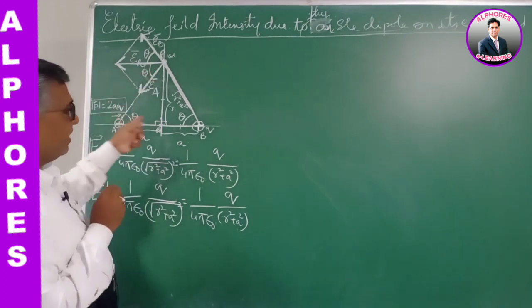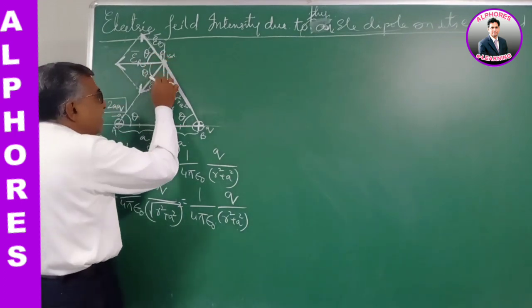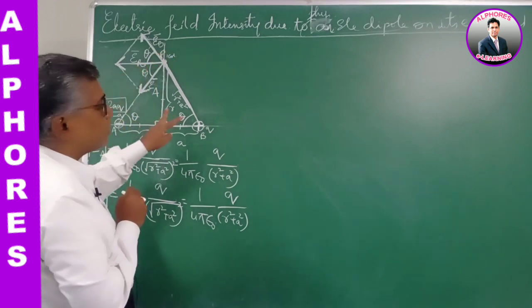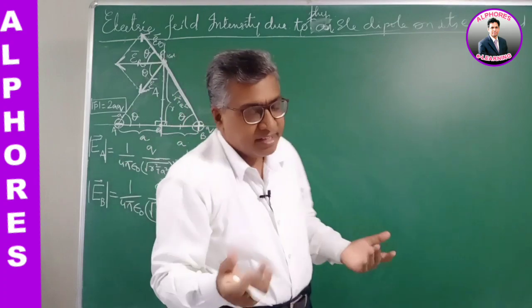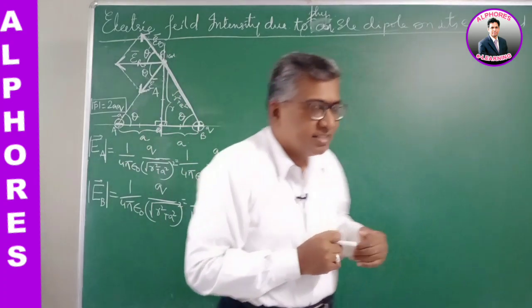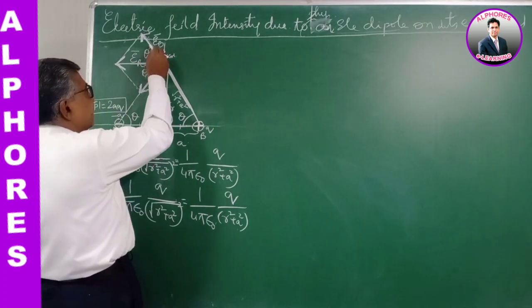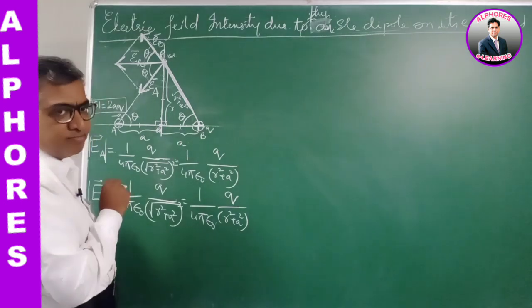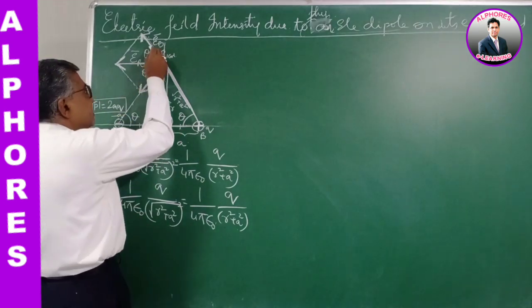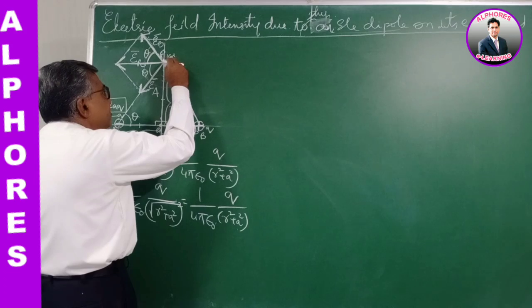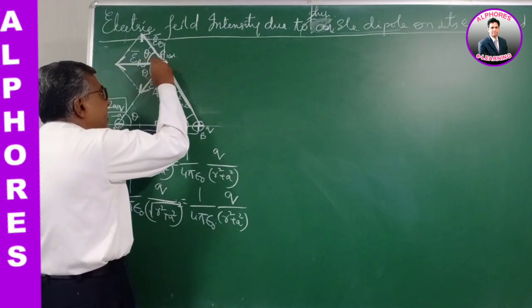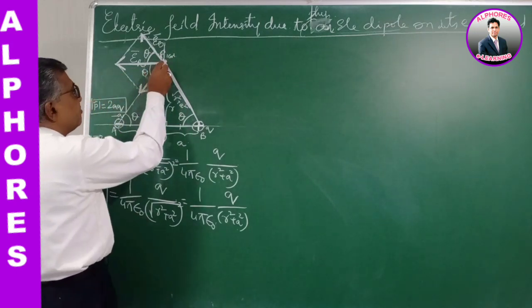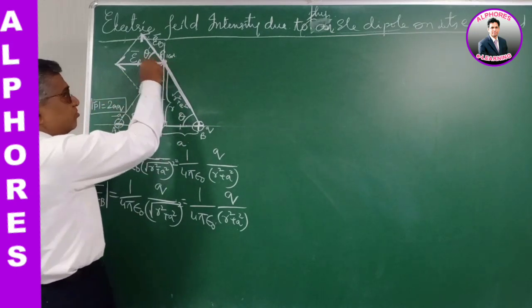So in this triangle, this is the exterior angle, right? The exterior angle at one vertex is the sum of the two interior angles in a triangle. In any triangle, we know, according to the laws of triangles in geometry, the exterior angle is equal to the sum of the two interior angles. So if this is theta, this angle is 2 theta. And I have said this is the angular bisector, so it divides the total angle into equal parts. So therefore this is theta and this is theta.